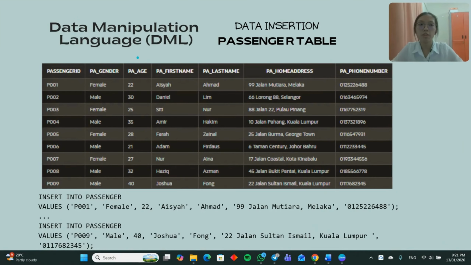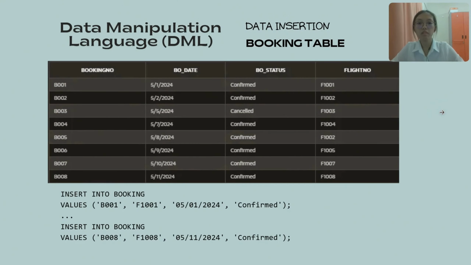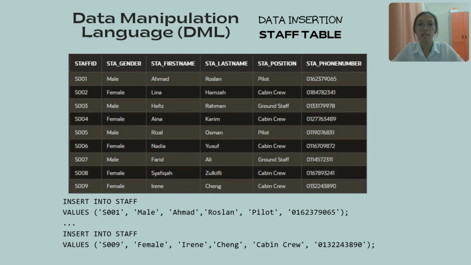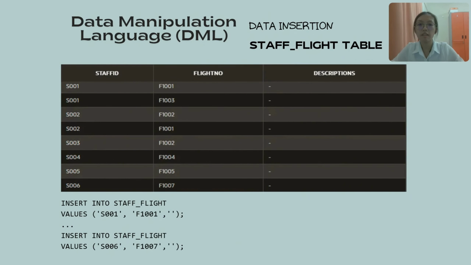Next, we're going to look at our data manipulation language, which is DML. We have 3 parts in our DML. The first part is data insertion. First, we will look at the passenger table. We have inserted all 9 values in our table, for example passenger ID, gender, age, first name, last name, home address, and phone number. For all the remaining tables, we use the same concept to insert our data. This is for the flight table, booking table, passenger booking table, payment table, staff table, staff flight table, and also the